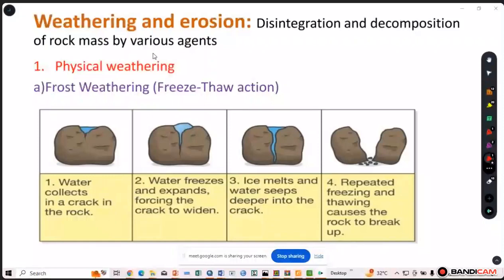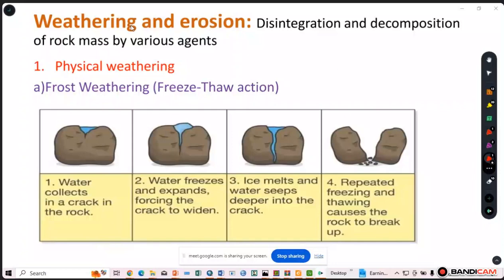Now we can read about weathering and erosion and what the types of weathering and erosion are. Why are we reading weathering and erosion? Because this is the first step involved in the formation of a sediment. So we mainly discuss weathering and erosion. Maybe your teacher taught you weathering and erosion in physical geology classes, but this process mainly initiates the sediments, so I will teach you the weathering and